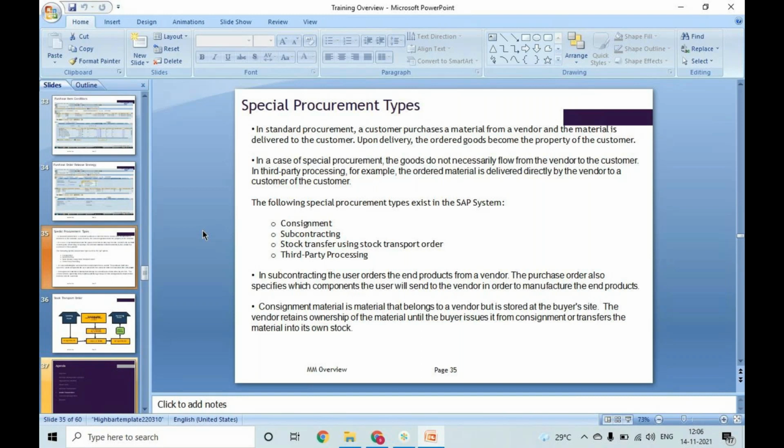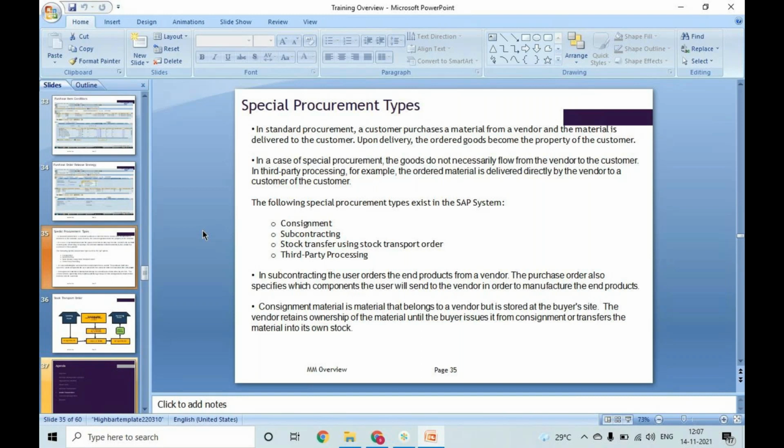And the final thing is third party. In third party, you will get the order from customer, okay, and in return you will give that order to some other vendor, and you will ask that vendor to supply directly to the customer. So what you're doing here, you're just taking the order and giving that order to some other vendor and asking that vendor to supply it to the customer location. Okay, and you will take the payment from customer and you will just do the payment to the vendor for the material which is supplied. This is third party process.